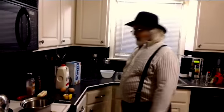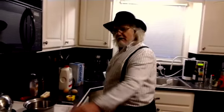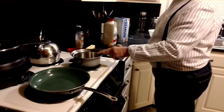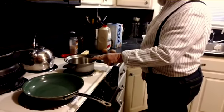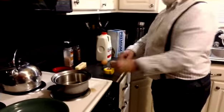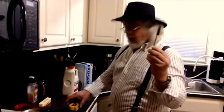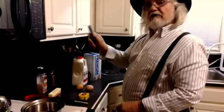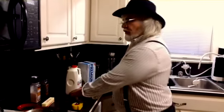What you need is a frying pan right here, and a regular 2-quart pan will work. You need a spoon to stir whatever you're going to make. You need a Sharpie, believe it or not. And to make the perfect combination, you need a tape measure, and I'll show you where that comes in. You need a knife, one that will cut butter when you want to cut the butter. 2 eggs,